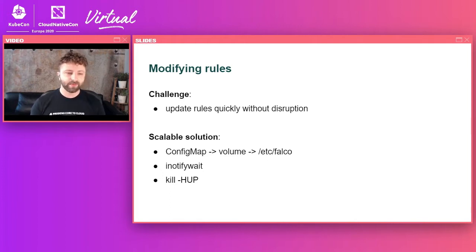But the problem with the Helm deployment is that there's nothing there to detect that and restart Falco or get it to recognize that the rules have changed. So the only way you can do this is with Helm itself, and that restarts everything, or you can send a hang-up signal. The better alternative, I think,